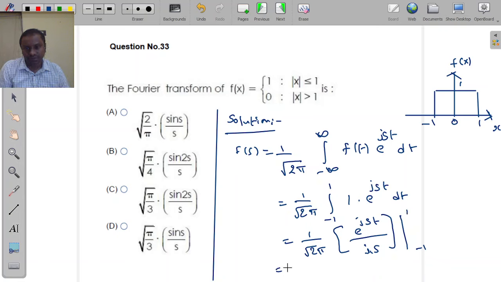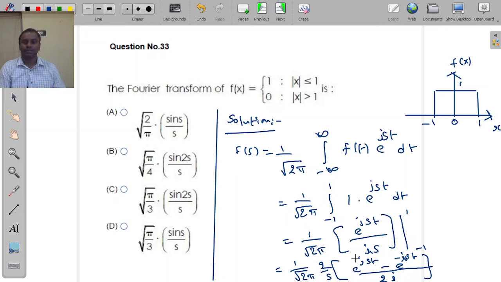When you substitute, this will become 1 by root pi into 1 by s into e power js minus e power minus js, divided by j. I can write numerator 2, here 2, so that this will become